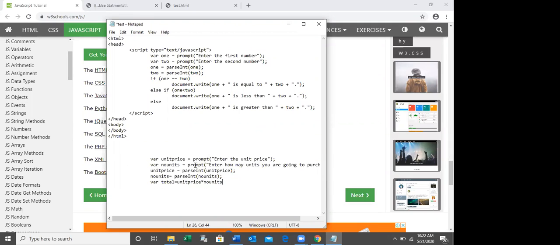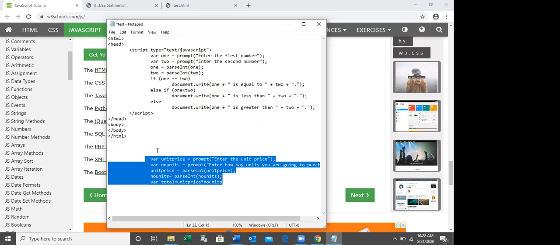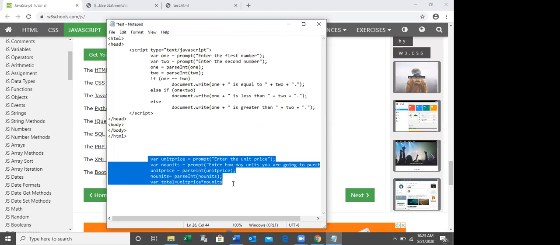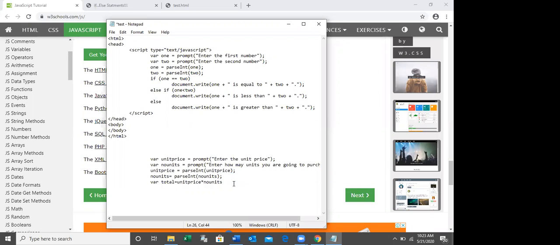So you can convert the same program which I have done earlier using the prompt box. Now you all can understand the purpose of the prompt box, right? We can use the prompt box to get input from the end user.